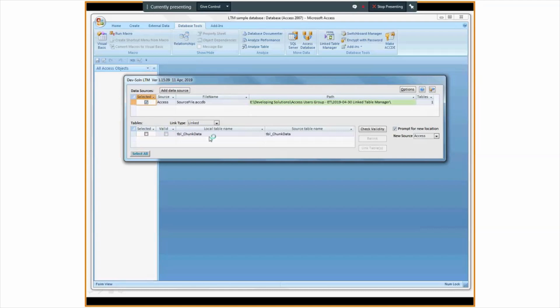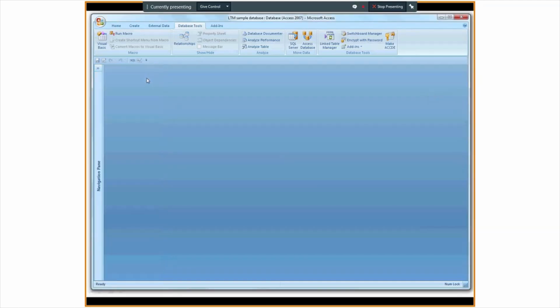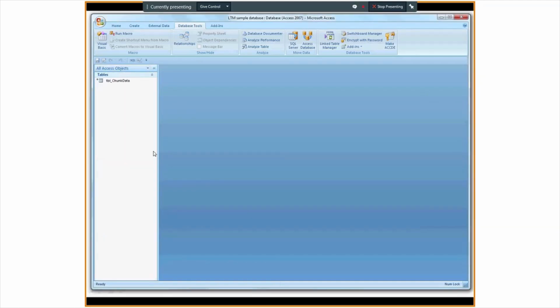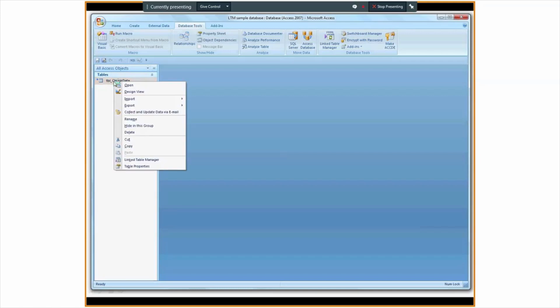And now you can see that table is here. It's got the same local table name as the source table name at the moment. So now, for demonstration purposes, I'm going to close this. I'll refresh the navigation bar, and I'm going to change the table name over here to